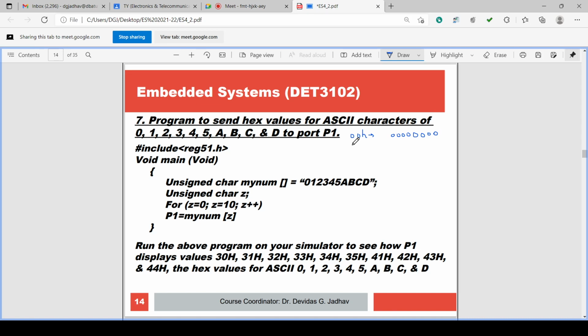Okay. Then if the hex value is suppose 0, 1, H, then binary values are 0, 0, 0, 0 and 0, 0, 0, 1.